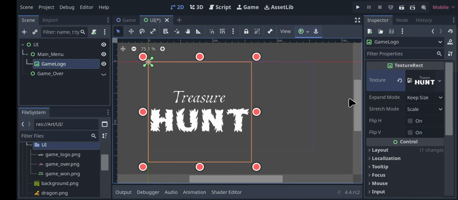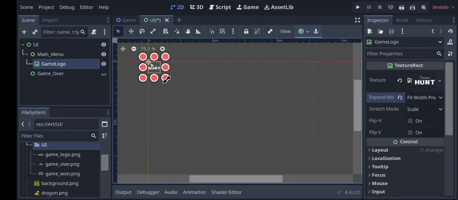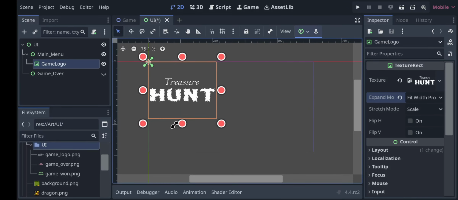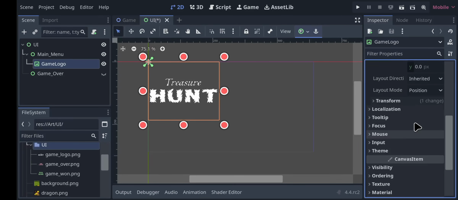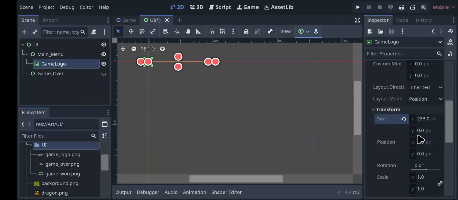Okay, now since our viewport size is smaller than the actual image that we need to display, what we have to do is under the expand mode, click, let's say, fit with proportional. It's easier to actually go ahead in the layout, and from here let's change it. Okay, so the scaling is, let's